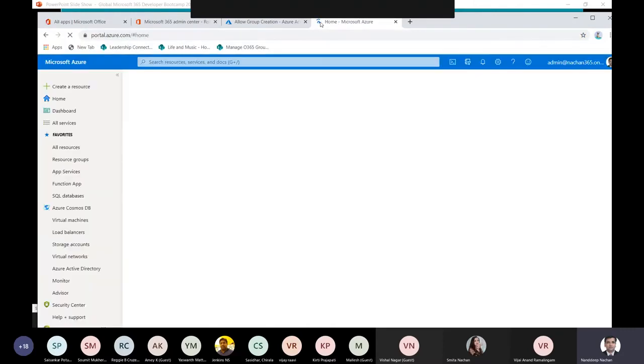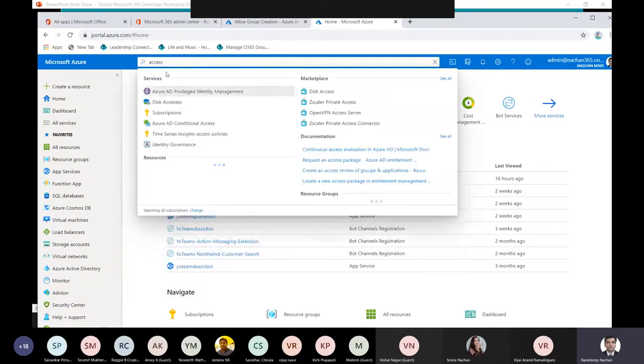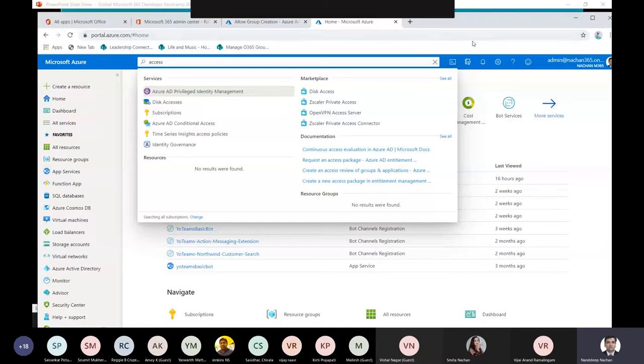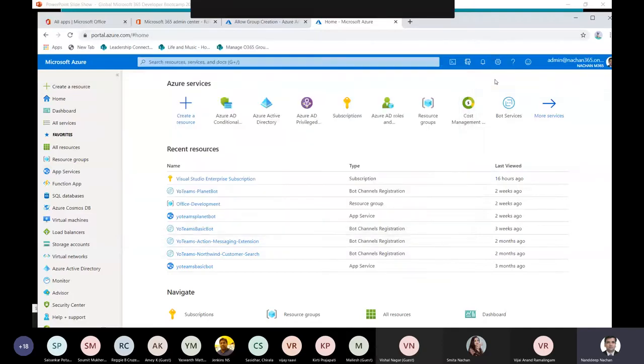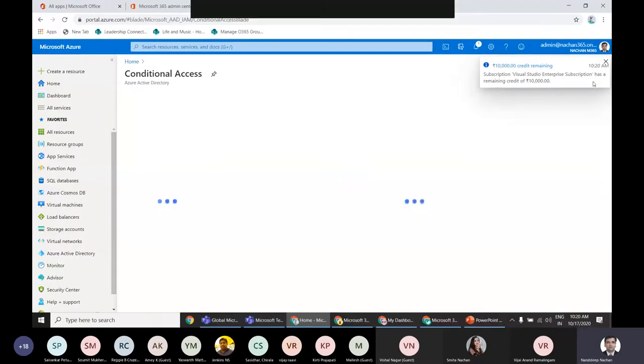From this portal.azure.com, which is connected to your Microsoft 365 tenant, you can just search for access control. Once you go to this conditional access or access control, you will have specialized permissions by which you can control who in the organization can have access to which resources inside your Office 365. Just a moment, let it open.